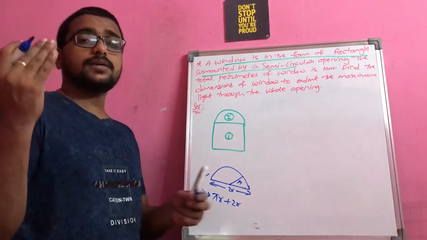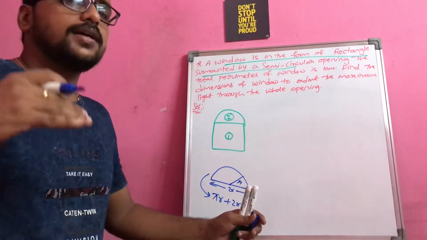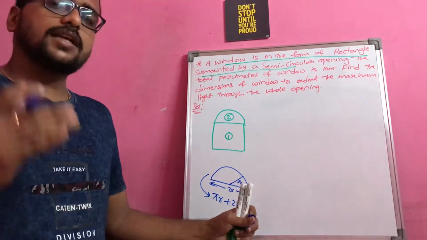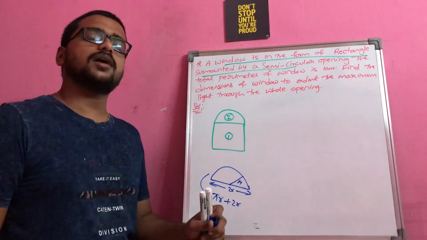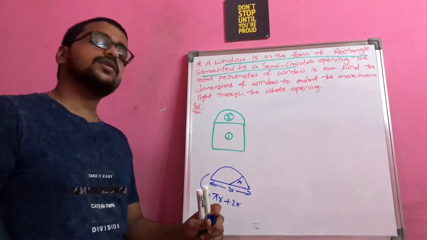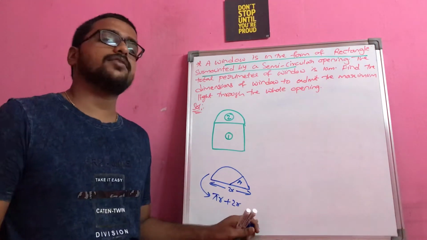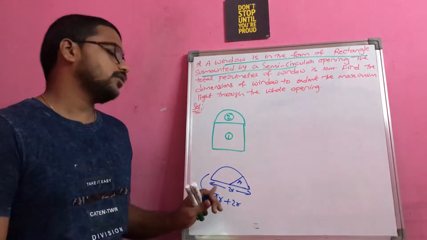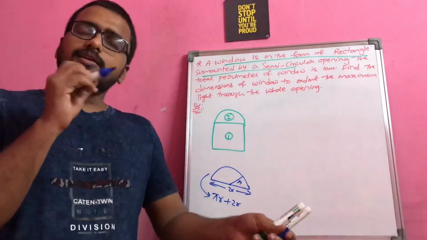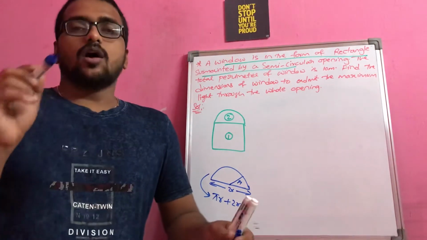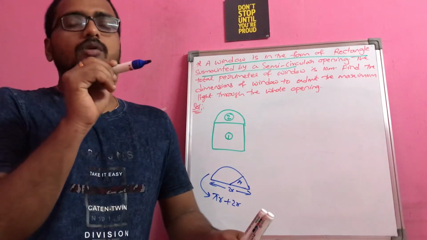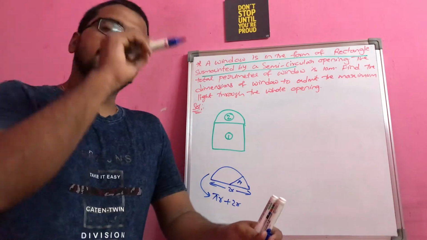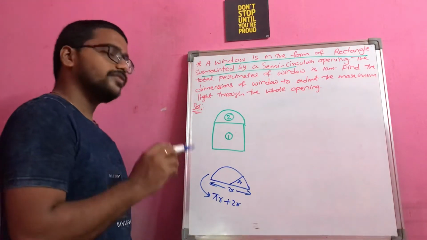Why? Because a semicircle is half of the circle. The circumference of a circle is 2 pi r, so the semicircle will become half into 2 pi r. But this won't happen in this way in the case of a perimeter. For area it will happen, because when it comes to perimeter you just have to count from a point how much distance you have to travel to come back to the same point, because of which there will be a change in the perimeters, right?